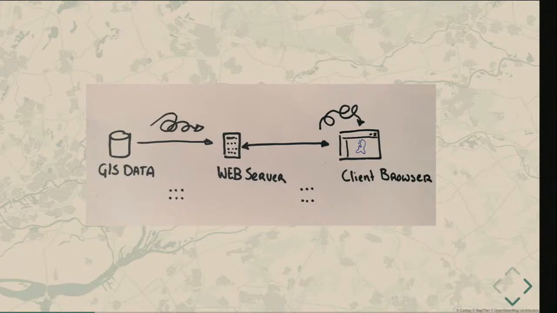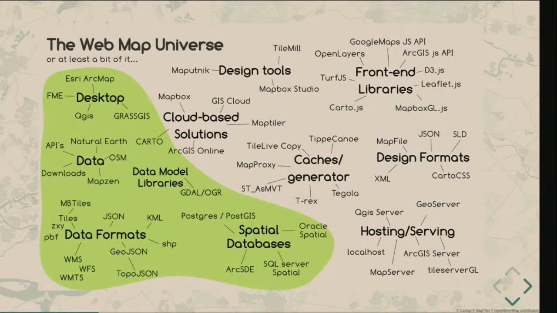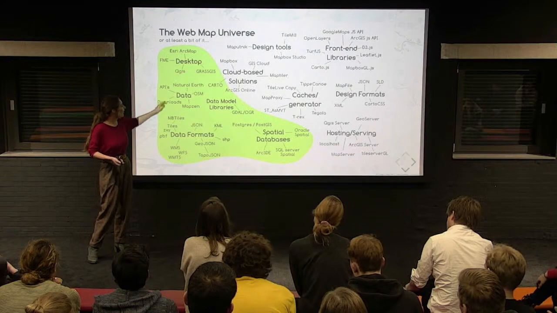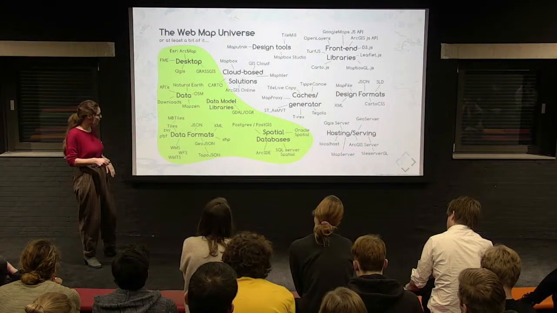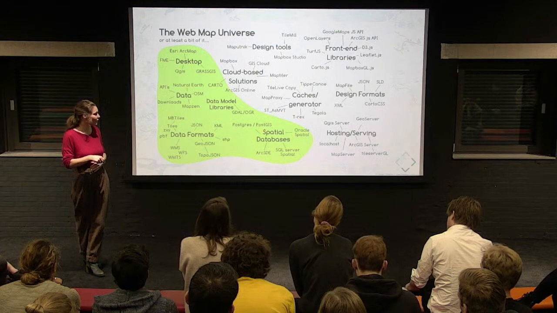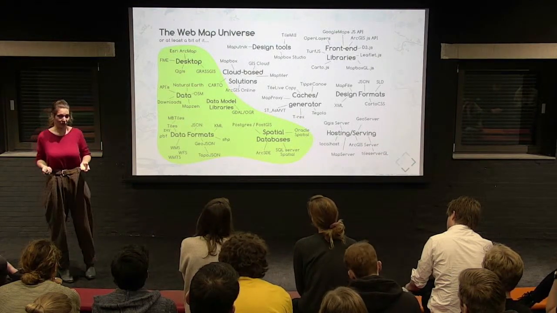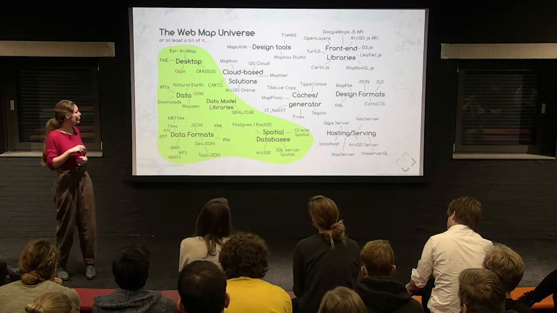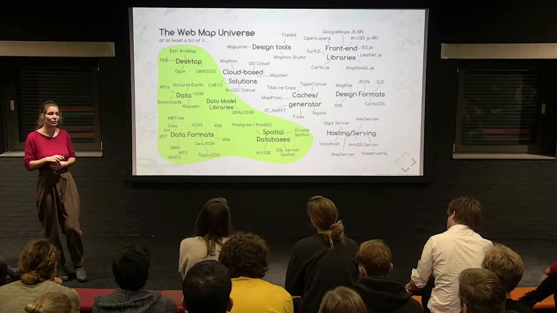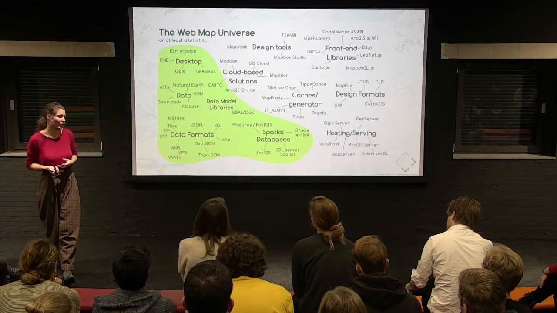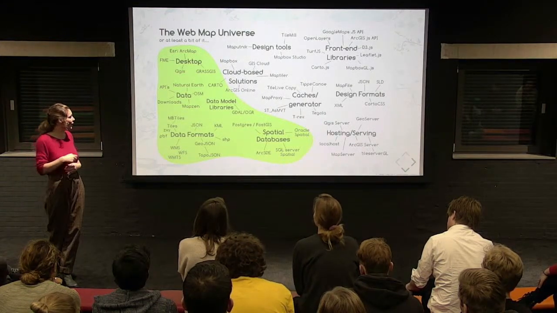So let's look at this street on how to get your map there. If we look at the web map universe, I highlighted here the part which is all about geodata. And these are the tools that I work with. And what I use mostly for my data, so you have some data downloads here as well, is we store all our data in PostGIS, which is a spatial extension on the Postgres database. If I want to visualize my data and explore my data, I use QGIS, which is a desktop application for visualizing geodata and doing analysis.